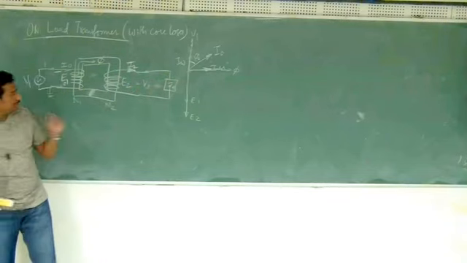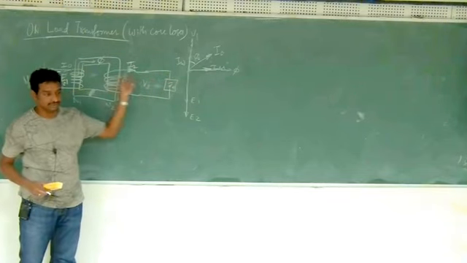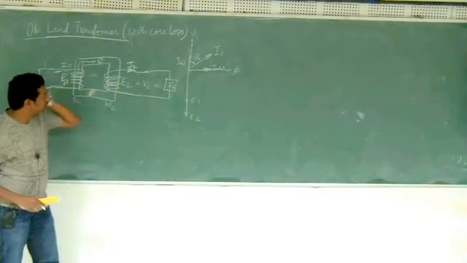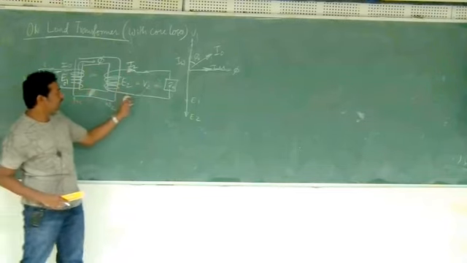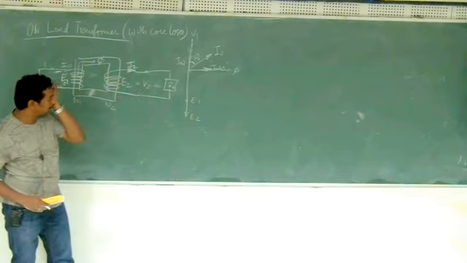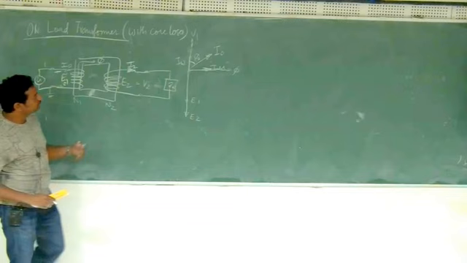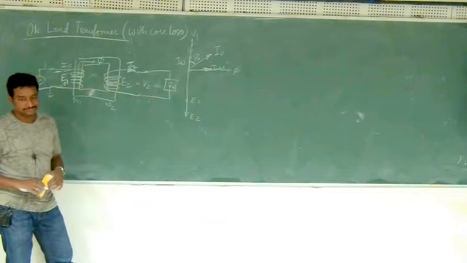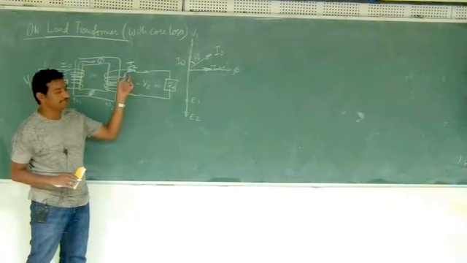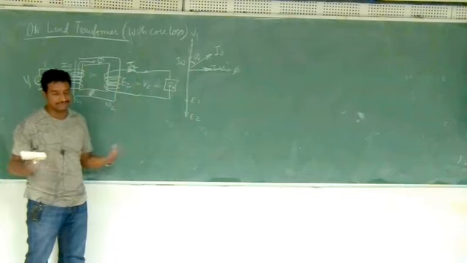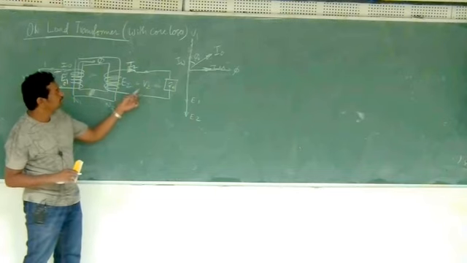Now we are not assuming any resistance or reactance here, so there is no voltage drop or anything like that. Therefore V2 is still equal to E2, these two are still the same. Some current I2 is there. Now I am asking a question: what is the phase relation between V2 and I2? Are they in phase, or are they 90 degrees apart, or how do you know? What is the phase difference between V2 and I2?